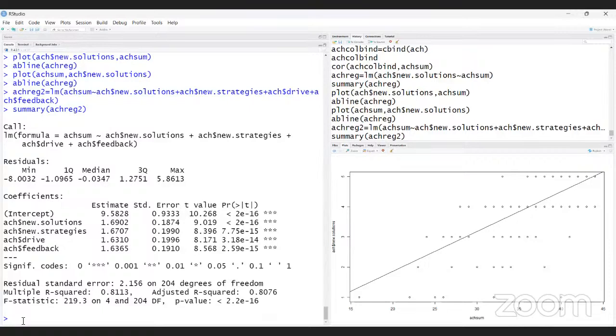That is a multiple regression. So this is the multiple regression, 81% variance. These 1, 2, 3, 4 variables accounted for 81% variance of the total score of achievement motivation.